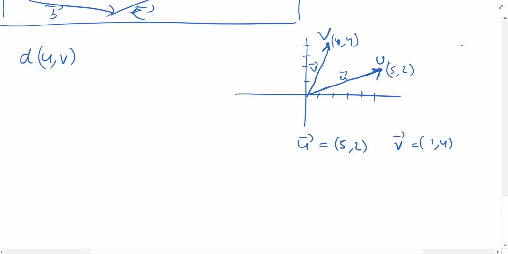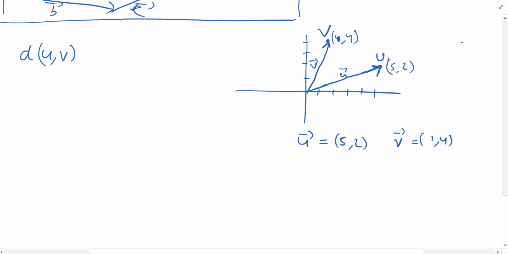And the distance between u and v, that's what they're finding, right? So what we do, we make a small triangle there. Now we have to find this side length, and according to the Pythagorean theorem,